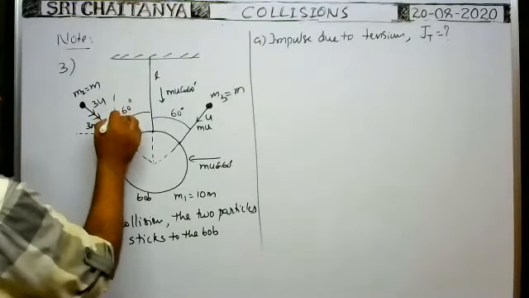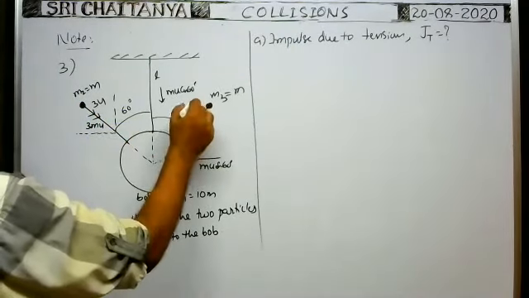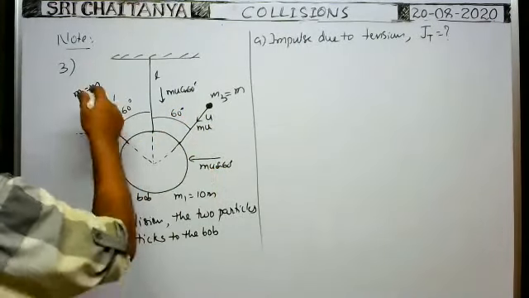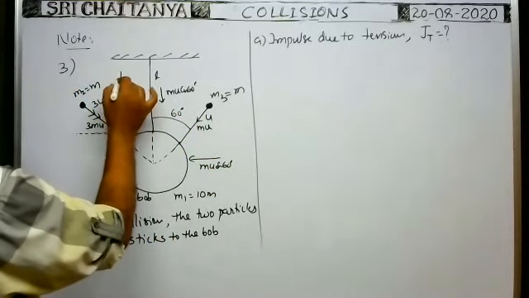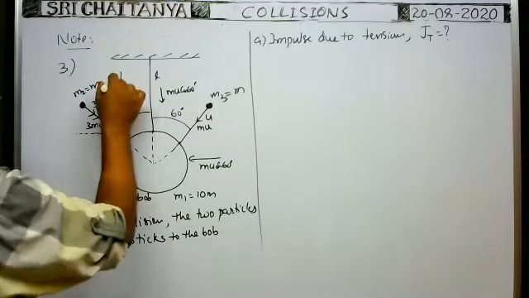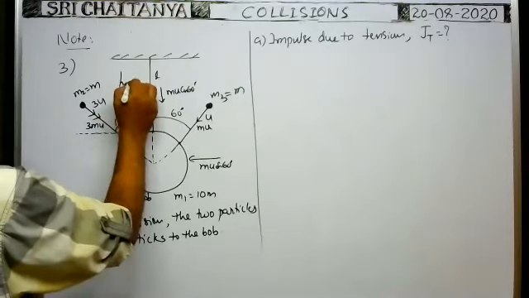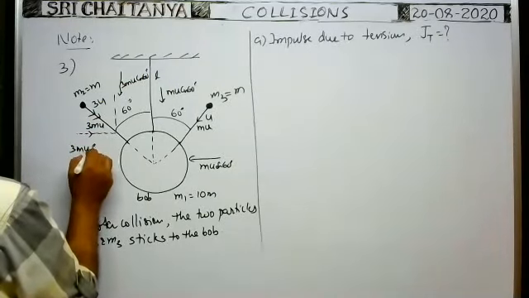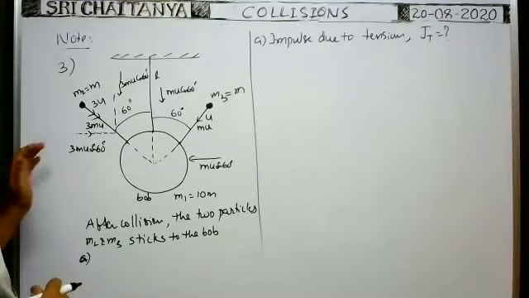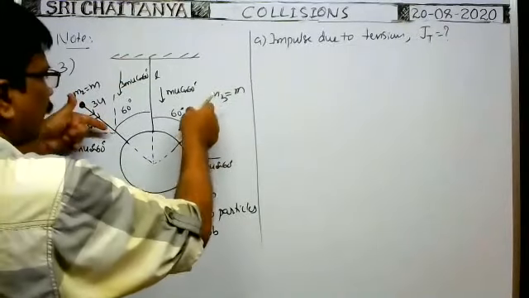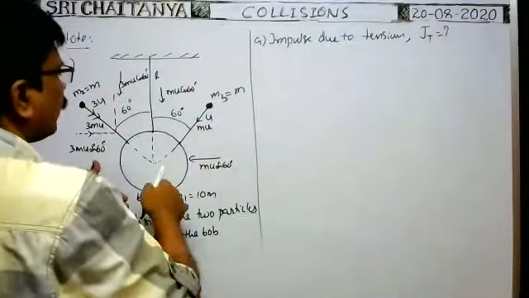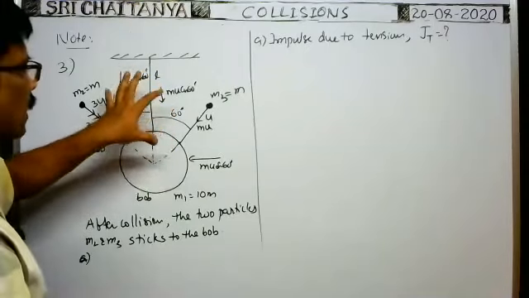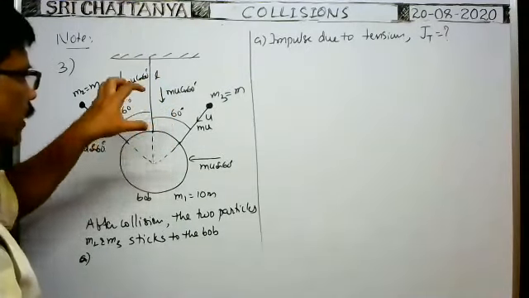So in this direction, their component is, because here also you see, when you resolve this momentum into components, we got mu cos 60, mu sin 60. For this, in this direction, momentum is 3mu. Their component in this direction is 3mu cos 60. In this direction, 3mu sin 60. Okay. So along vertical direction, whenever the two particles collide each other, before collision along vertically downwards direction, the momenta are 3mu cos 60 and mu cos 60. With these momenta along vertically downwards direction, the two particles collide each other.